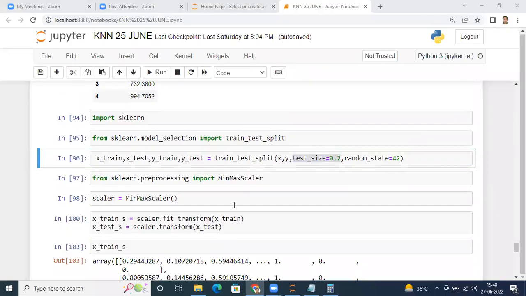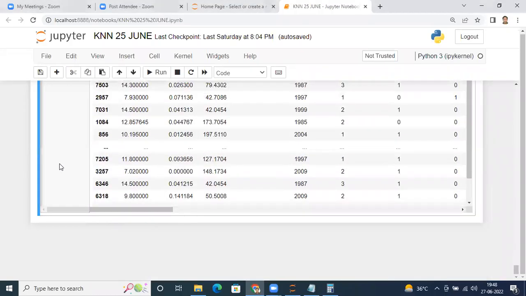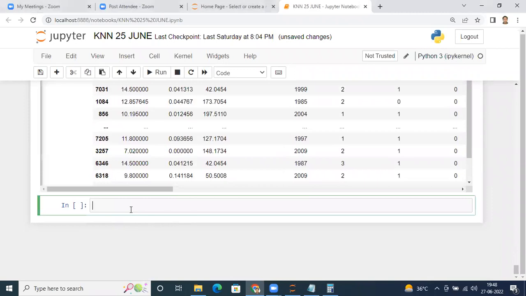Now see, only one or two lines are remaining for building the machine learning model. So now we need a machine learning model. Which machine learning model do we need? We need KNN, right? So I'm going to import from sklearn dot neighbors. Just press NEI, and it will automatically complete. And this is a regression problem. So I will mention import